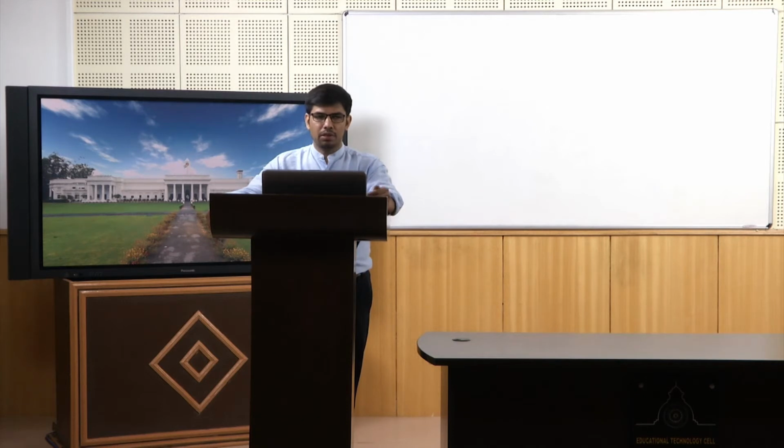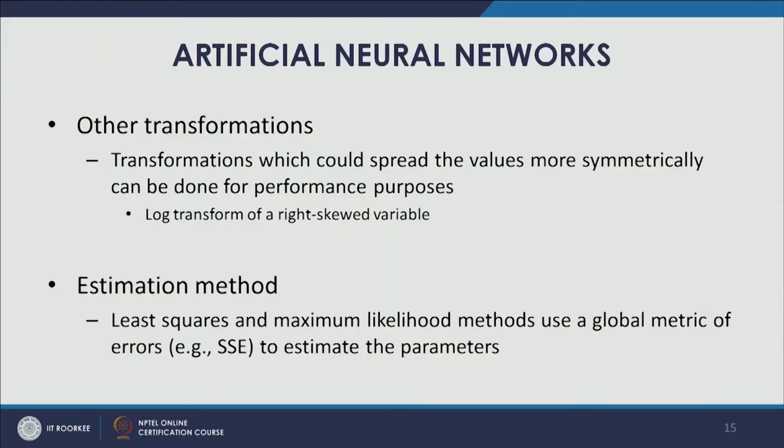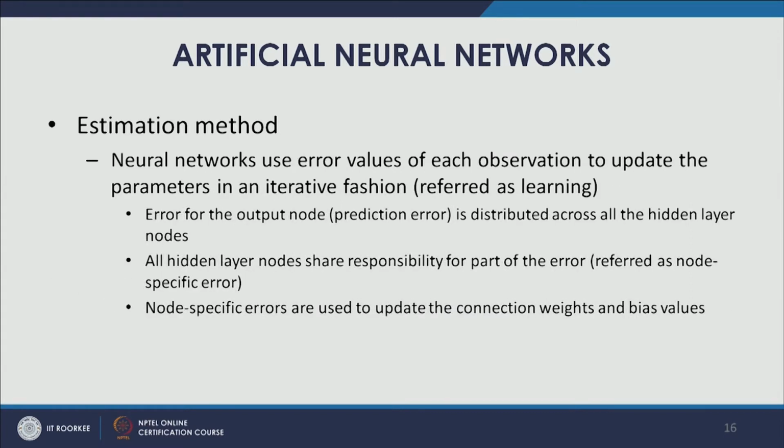So least squares and maximum likelihood use this global metric SSE or some other global metric to estimate the parameters, the betas, because we model the predictor as a linear function, and therefore those beta values are estimated using these methods. However, in neural network we don't use any such global metric